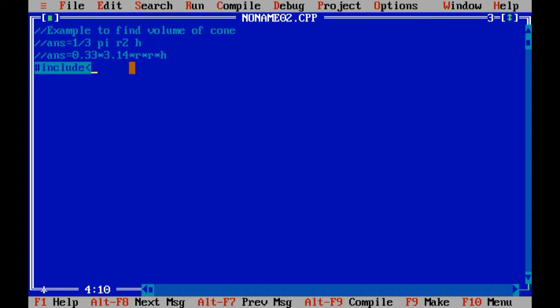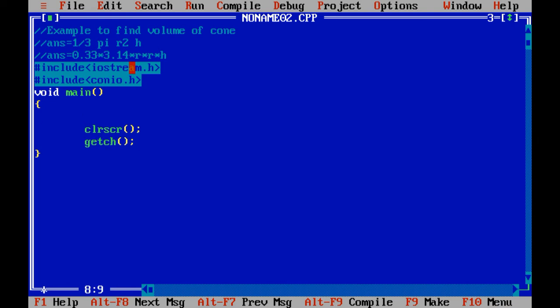Include iostream.h, include conio.h, void main, clrscr, getch. Data type float.